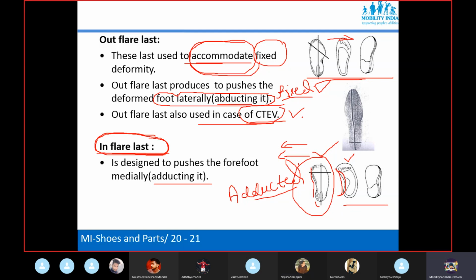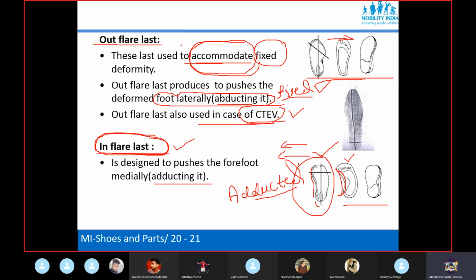Any questions, sir? You can ask me, okay? We are not in a hurry, so if some part is not clear, you can ask me. If out flare is clear, then in flare you can easily remember.